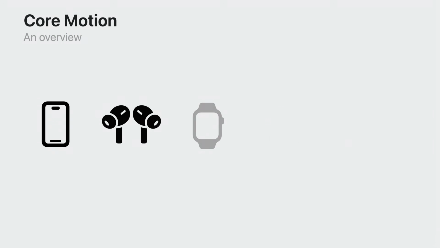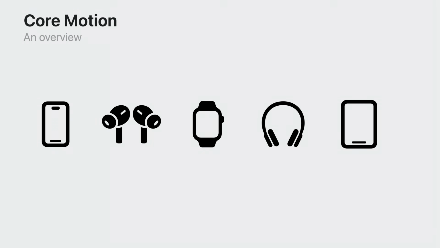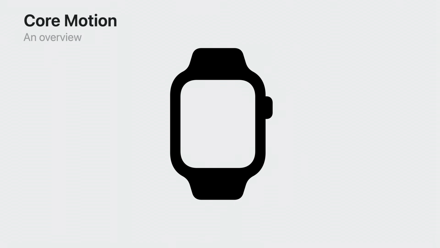In this session, I'll focus on some of the newer ways you can interact with motion data, but before I get to what's new, I'd like to give you a quick reminder of the sensors that generate motion data. Capturing the way a device moves is central to how we experience them. Many of Apple's devices use built-in sensors to help create a notion of their movement through space. Take Apple Watch, for example.